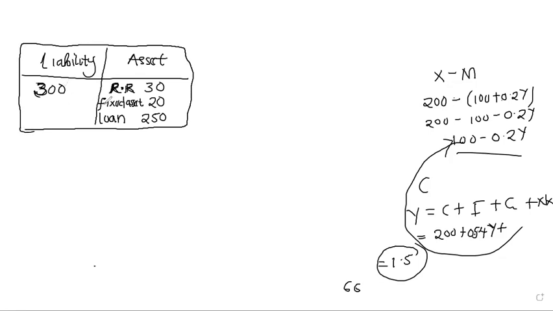Always note that these two sides should be equal, so you can see this is balanced. This is the 250 loan. We have a 20, which is the fixed asset, then the 30, which is the required reserve they're keeping. The liabilities are 300, and adding these up should give you 300. So just ensure that you put down the reserves and the fixed asset. Whatever money remains to make up the liabilities should be equal to the loan that they're going to give.